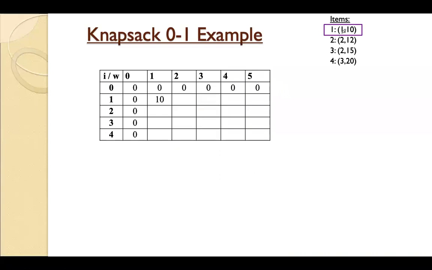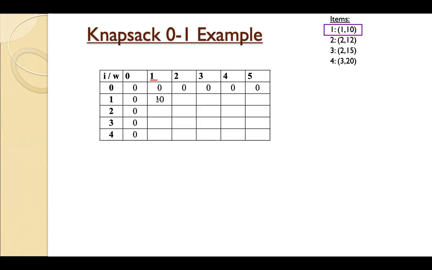First item, its weight is 1 kg and its profit is 10. Okay, weight is 1 kg and profit is 10. So weight is 1 kg and profit is 10 means you can see here weight 1 kg. So we can take that item into the bag. We are in the first column. See, first iteration we are in. We are in the first column. And first item we have considered. First item weight is 1 kg. Its profit is 10. So that profit we'll write down here.